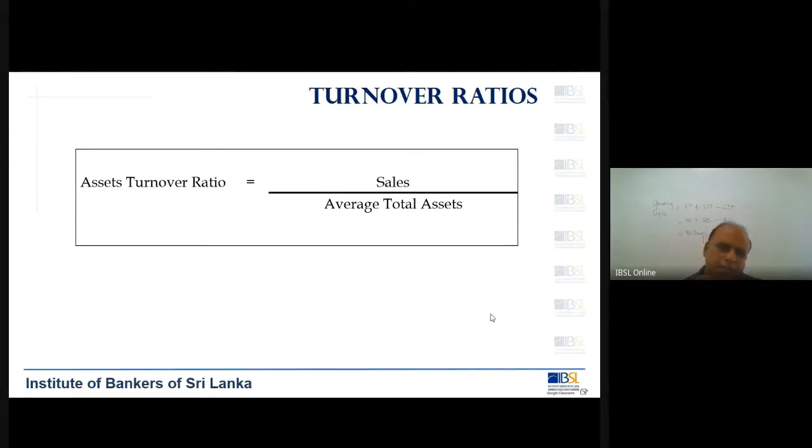But most of these ratios may not be applicable when you look at a bank. From a bank's perspective, these ratios may not be applicable 100% because banks don't produce goods like this. Banks don't do credit purchases or credit sales,